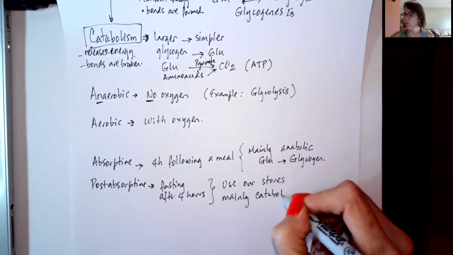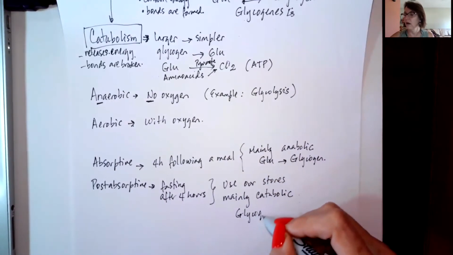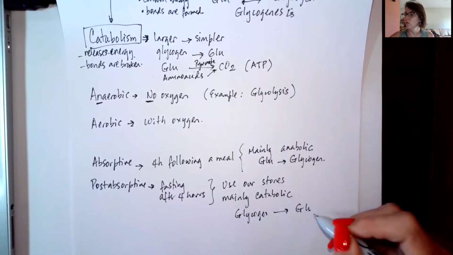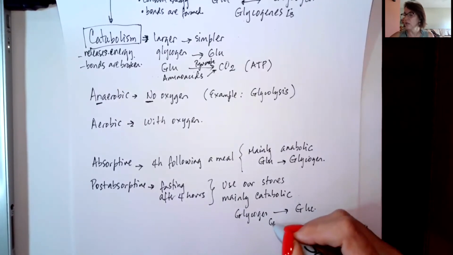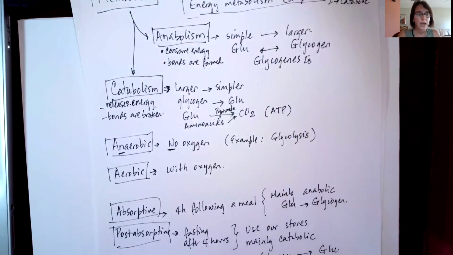So mainly catabolic reactions, like for example, glycogen is broken down to glucose, which is called glycogenolysis. I hope this will help you to understand this topic, and I encourage you to look at the second video about catabolic reactions and